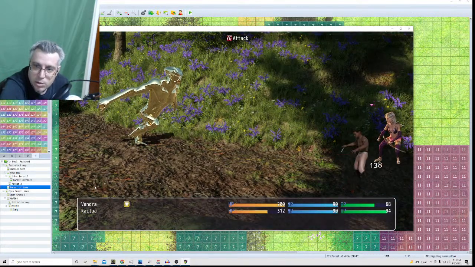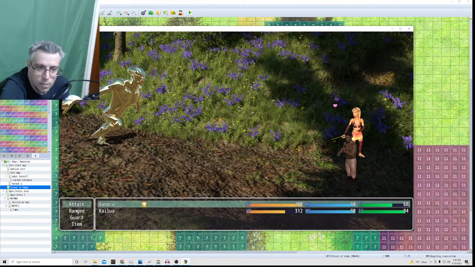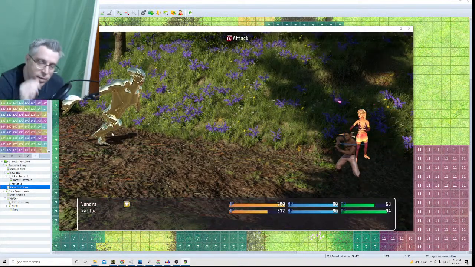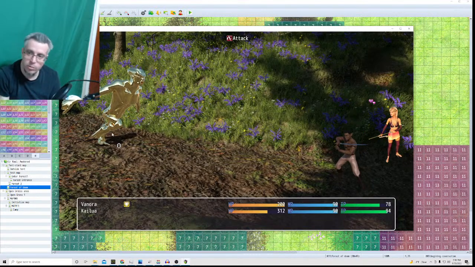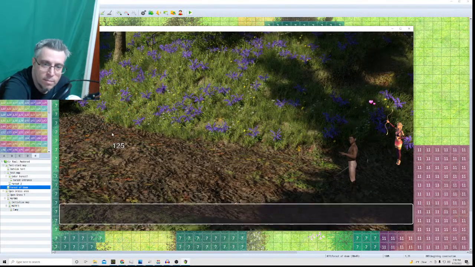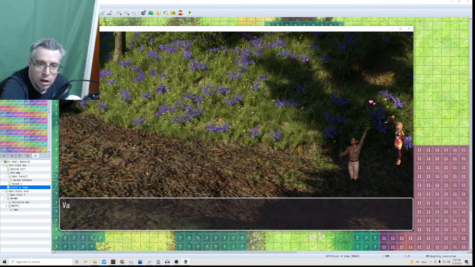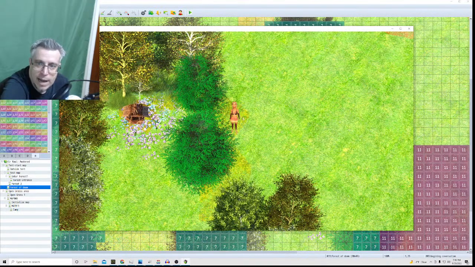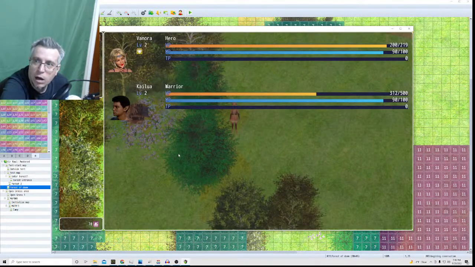They both kind of protected each other and healed each other. So yeah, I think the player would be able to get through this, at least through this one battle, pretty easily. But they would definitely have to back off just a little bit and go back to the easier enemies. So one thing I may want to do,